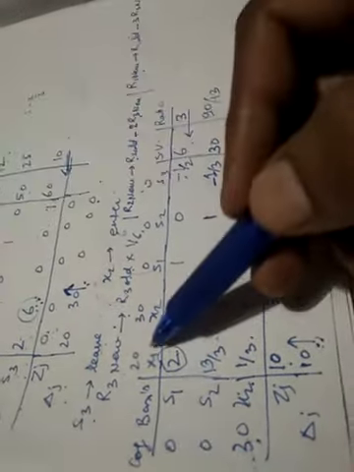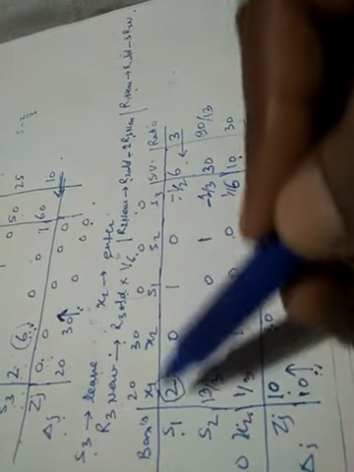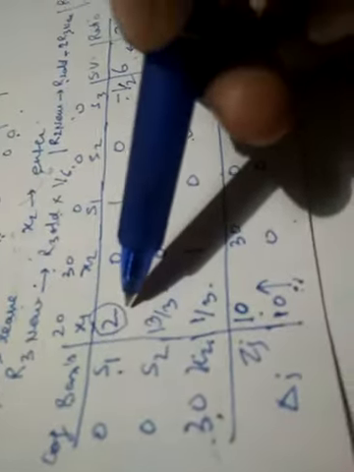So now in next improved version, the first thing is that x1 will take place of s1, and so now this is the new solution. S1 leaves and x1 enters. Now here it will be made 1. So R1 new will be R1 old upon 2, because that row should be divided by 2. So here you will get 1.